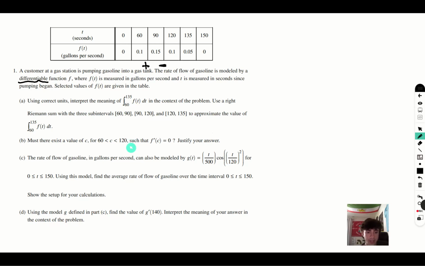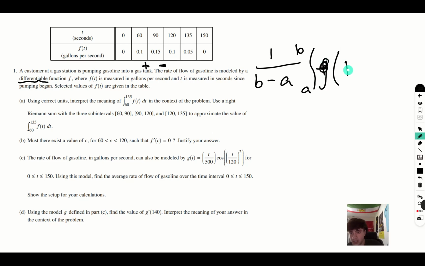The rate of flow of gasoline in gallons per second can be modeled by g of t is equal to t over 500 cosine of (t over 120) squared for the interval 0 to 150. Using this model, find the average rate of flow of gasoline over the time interval. So here what we're going to want to do is to use the average formula, which is 1 over b minus a integral from a to b of whatever formula you're using. In this case, it'll be g of t